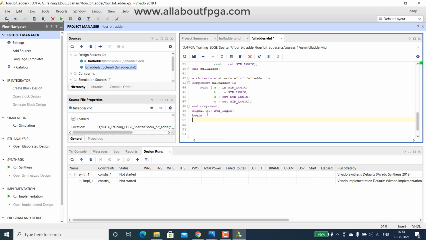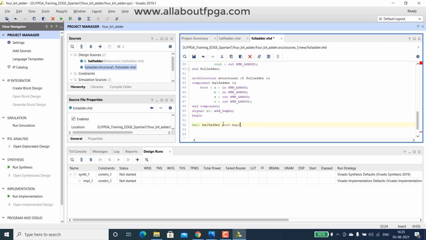Then begin. Here we have to port map them. We can call the first one a port map name, that half adder with that file name, that is half adder, that is the component name. Then port map keyword, then open it. There are two ways to assign, positional mapping or structural mapping.